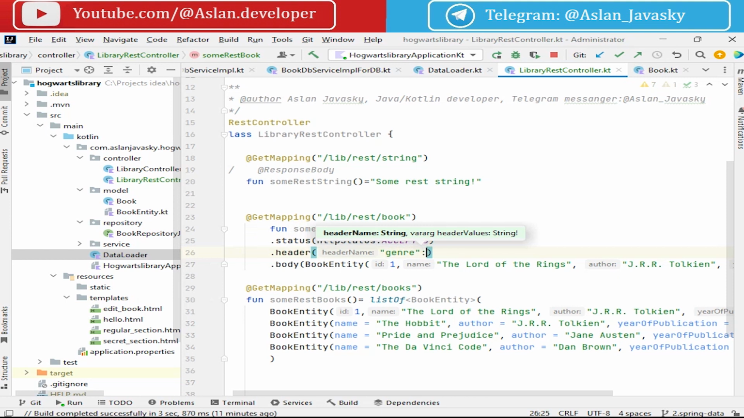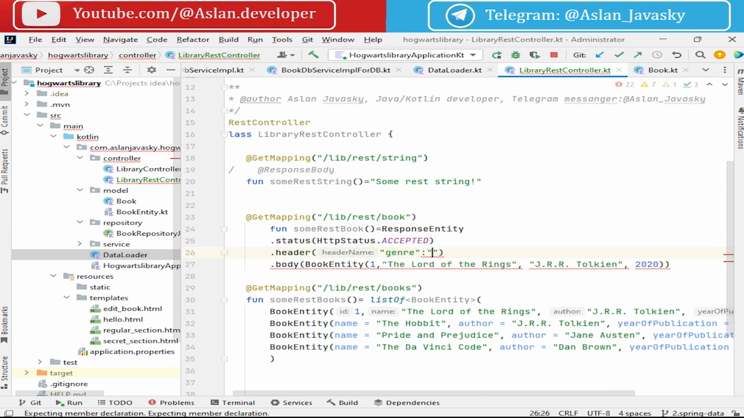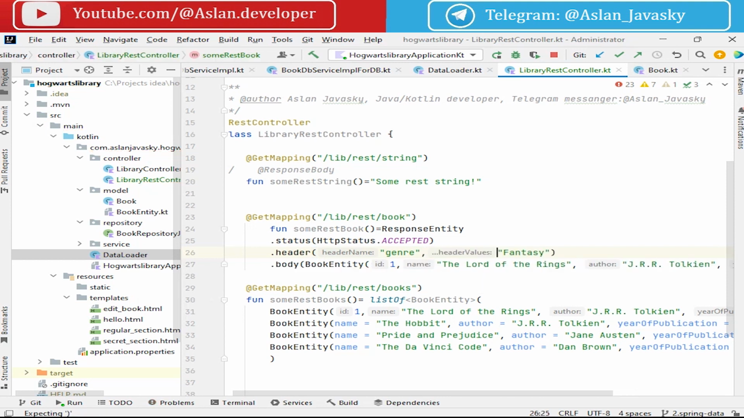Genre, this is fantasy, for example. In a JSON file separated by colon, in a header key and value separated by comma, genre, fantasy, and this book. Okay, let's restart our web server